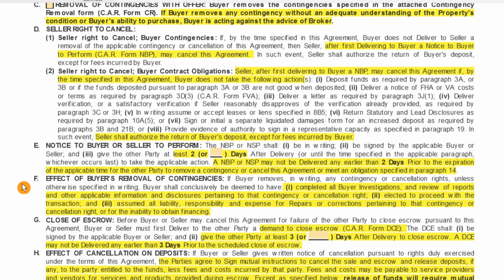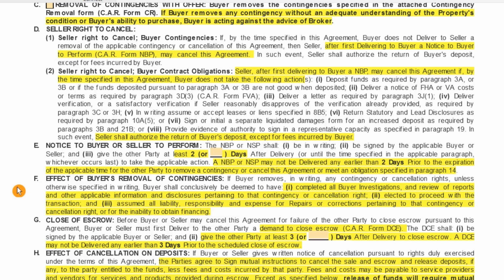It can't be more than 2 days before the due date, and it gives the other party 2 days to act. It might sound a little complicated, but I just wanted to put that out there so you do have an understanding of it. And if we were in a real transaction, I would give you a much more thorough explanation, and it may never come up, but just to let you know.